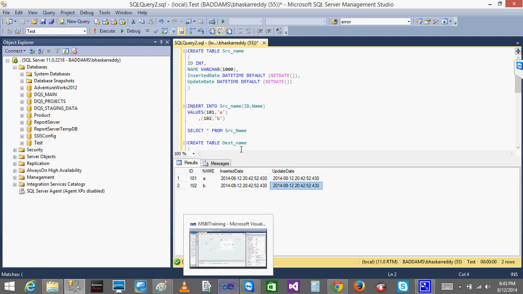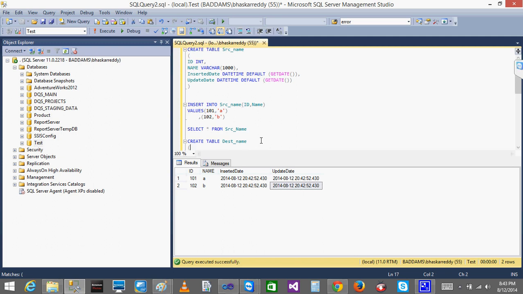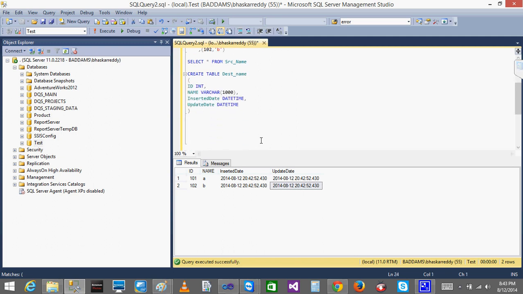is that, and I'll create one more table which will store the last extract time. I'll create a table. Okay, create table. I'll name it as LKP. LKP means lookup last extract time something, and I want to have multiple things.